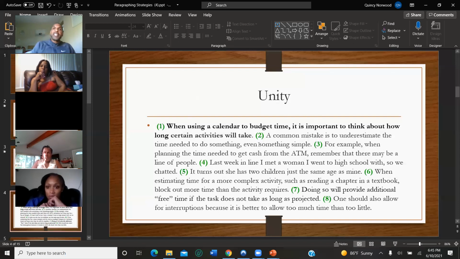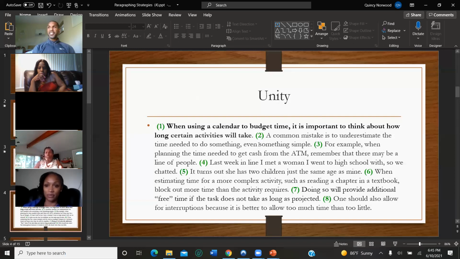It just means for you to take a second look at it because it's disrupting the unity of your paragraph. So sentences 4 and 5 are a bit of a distraction and they go off topic from our main idea, which is about budgeting time and thinking about how long certain activities take.